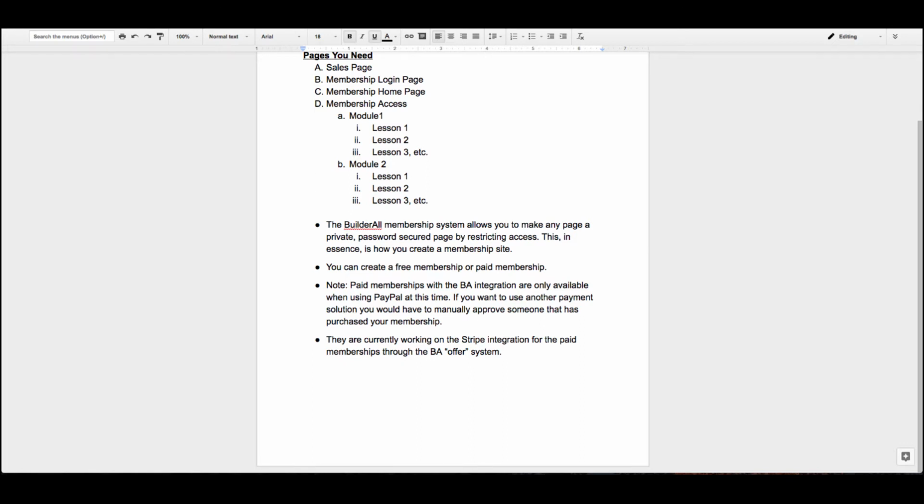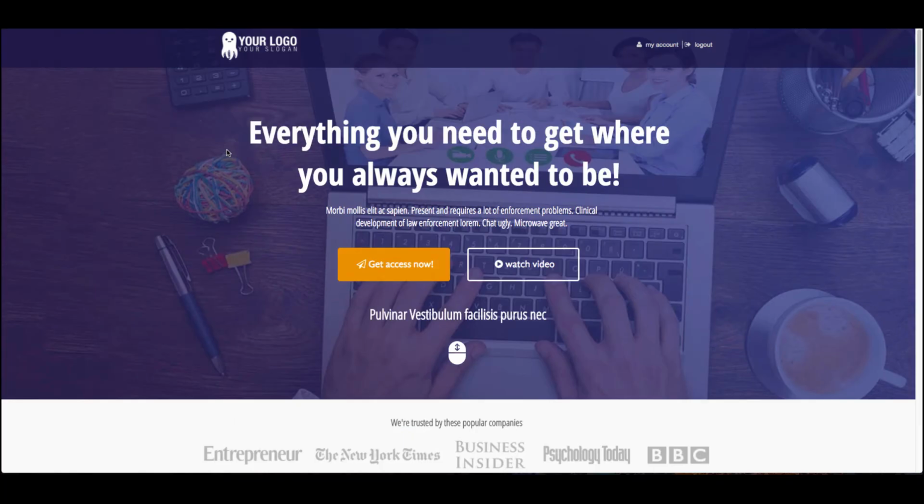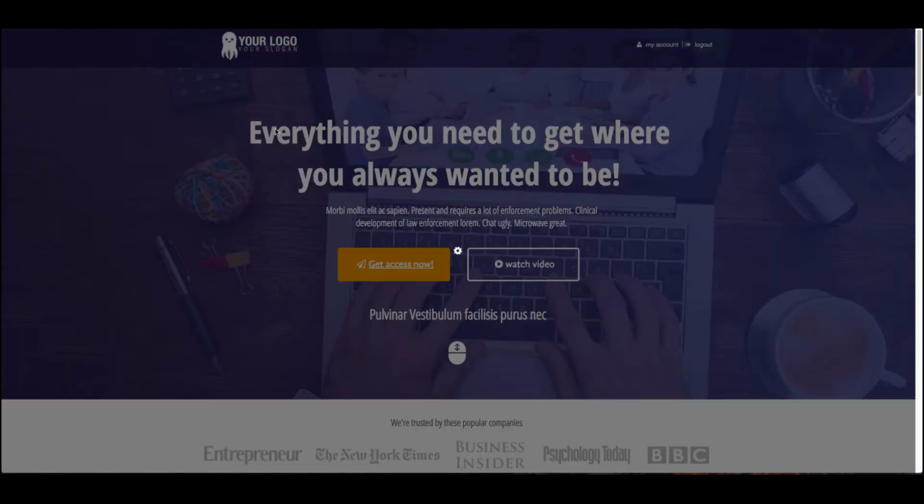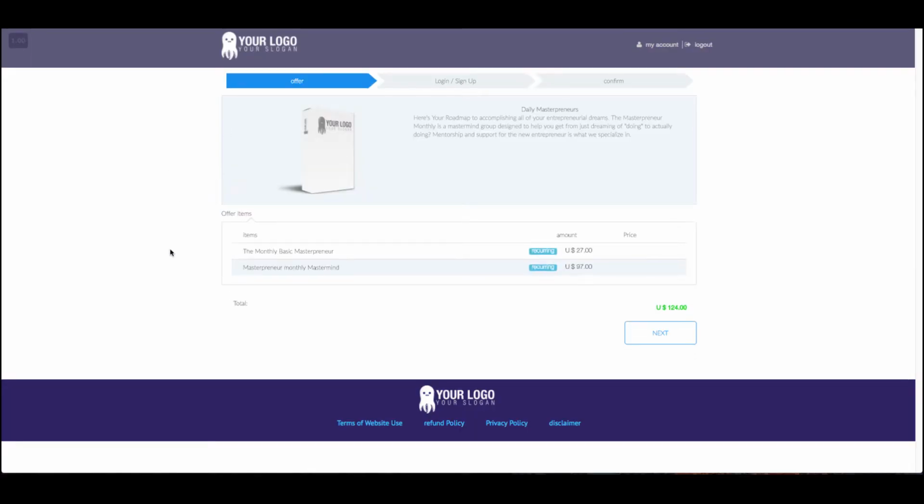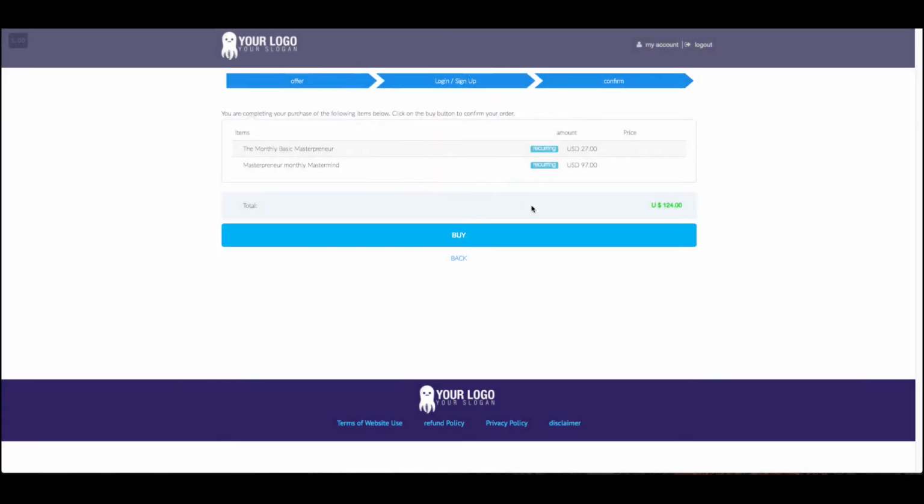Okay. All right. So like I was saying, you basically have the sales page. They go from the sales page, they get access, and they go to the checkout page, right? And so once they go to the checkout page, now they're gonna log in and all that. They're gonna create a login if they don't have a login as of yet. I'm already logged in, so that's why it's telling me to go ahead and buy or go back. And so once they do that,